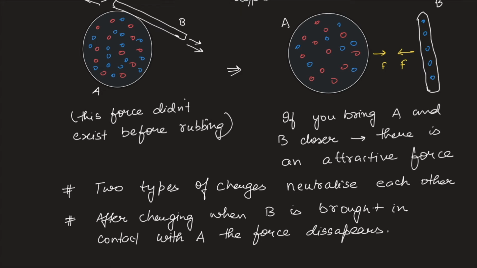नाउ देयर इज अ सेकंड पॉइंट टू दिस, अ वेरी इंपॉर्टेंट पॉइंट, कि अगर हमारे पास ए जैसे दो मटेरियल्स हैं, लेट्स से वी हैव अ मटेरियल ए एंड वी हैव अ मटेरियल ए डैश, और इसमें भी रेड चार्जेस हैं और ब्लू चार्जेस हैं, और इसमें भी रेड चार्जेस हैं और ब्लू चार्जेस हैं, और इक्वल रेड चार्जेस और इक्वल ब्लू चार्जेस हैं, तो इन मटेरियल्स के बीच में अभी कोई फोर्स नहीं है, there is no force as of now. लेकिन फिर आप एक यहाँ पे दूसरा मटेरियल लेके आते हो बी,